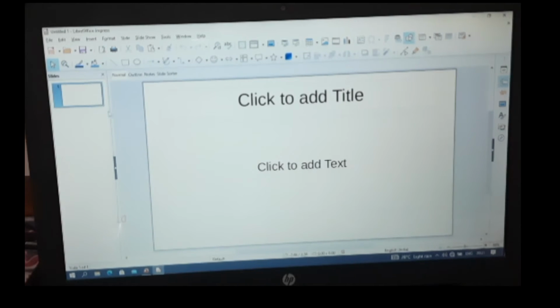And in the slide pane, when I hover the mouse here, slide 1 is given, that is the name of the slide. Then if you right click, here we can add a new slide, duplicate slide, that is a copy of the slide.